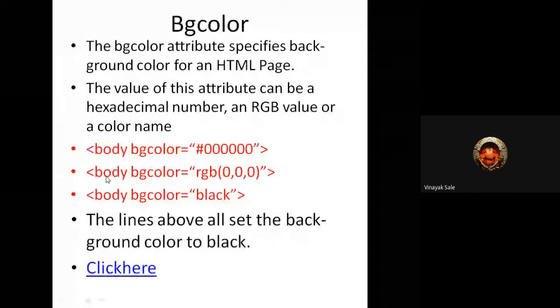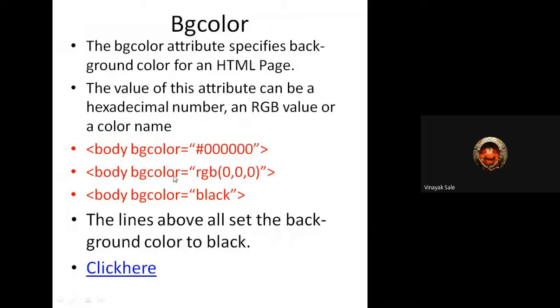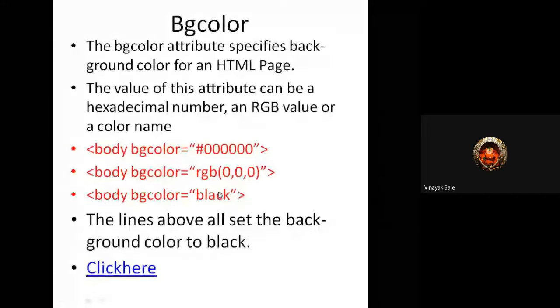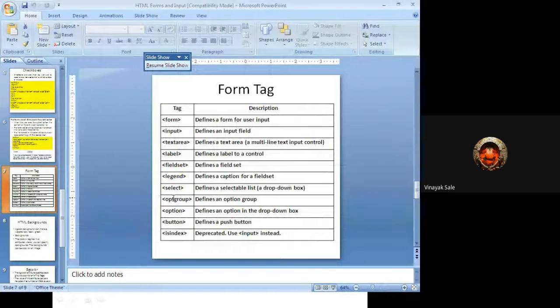Or body bgcolor, that is background, then RGB equals 0,0,0, which indicates a range for a particular color. Then body bgcolor equals the name of that color.